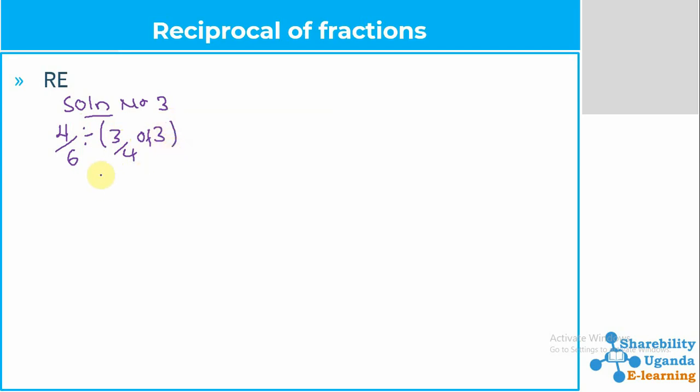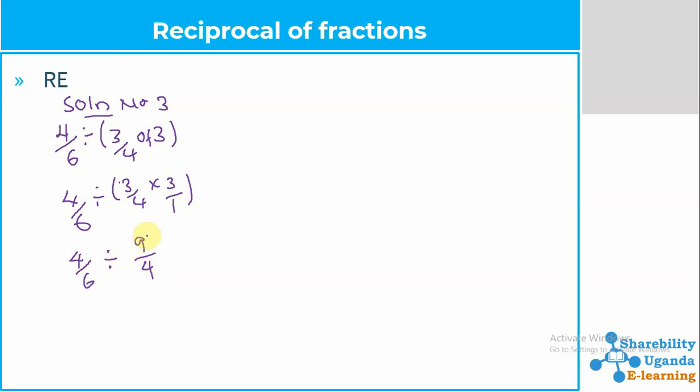Okay, so can we try to use some BODMAS here? Of course, brackets first. This simply means we shall first solve our bracket. This is going to be 4 out of 6 divided by 3 out of what? First solve this. This is the same as a bracket of 3 out of 4 times 3. So we make this a fraction also, such that we have 4 out of 6 divided by 9 out of